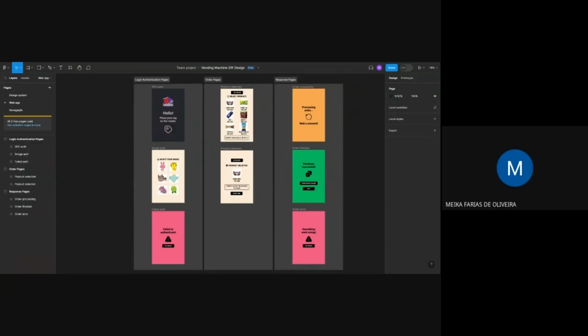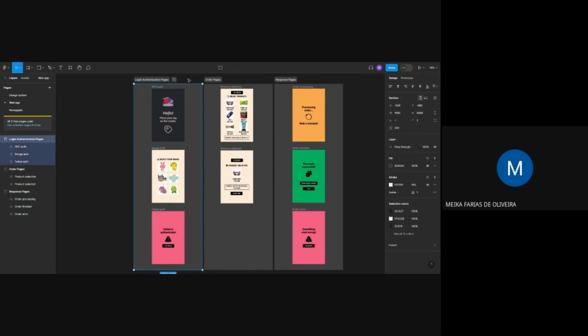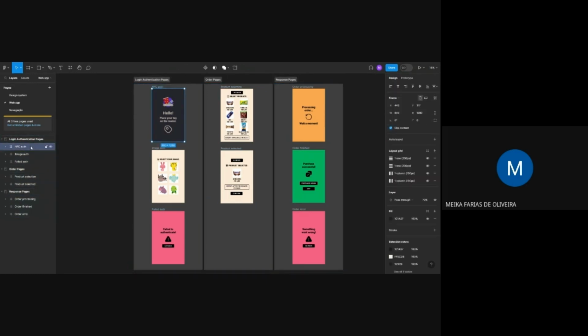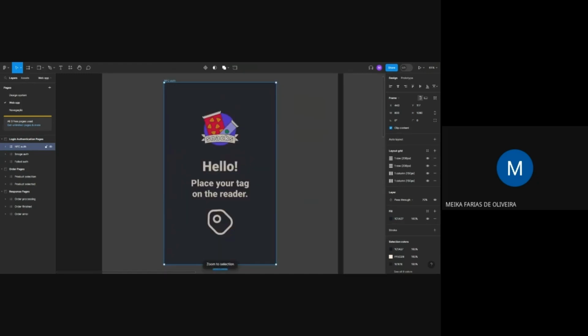The vending machine software was designed separating the pages into 3 categories. First, the login authentication pages. Second, the order pages. And last, the response pages. The application starts at the NFC authentication page. As the user, you need to place your tag in the sensor to proceed to the next step of the